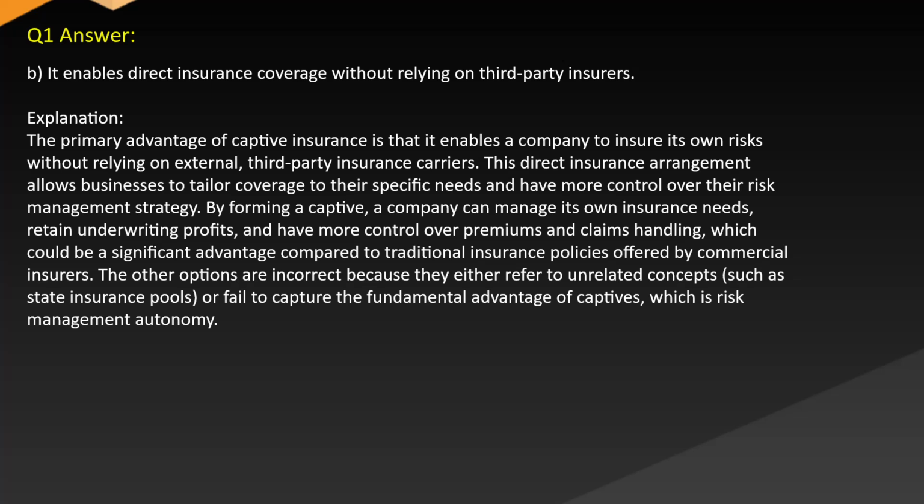Answer: B. It enables direct insurance coverage without relying on third-party insurers. Explanation: the primary advantage of captive insurance is that it enables a company to insure its own risks without relying on external, third-party insurance carriers. This direct insurance arrangement allows businesses to tailor coverage to their specific needs and have more control over their risk